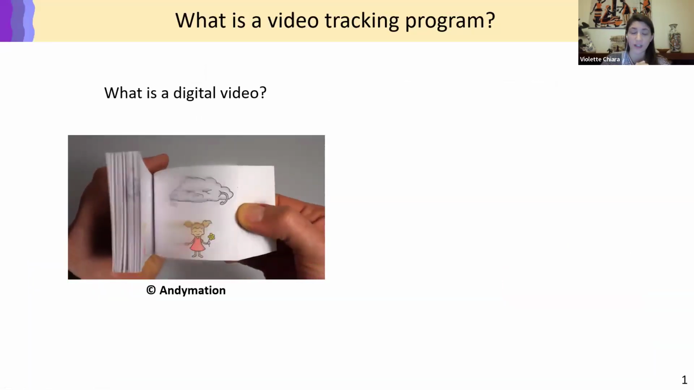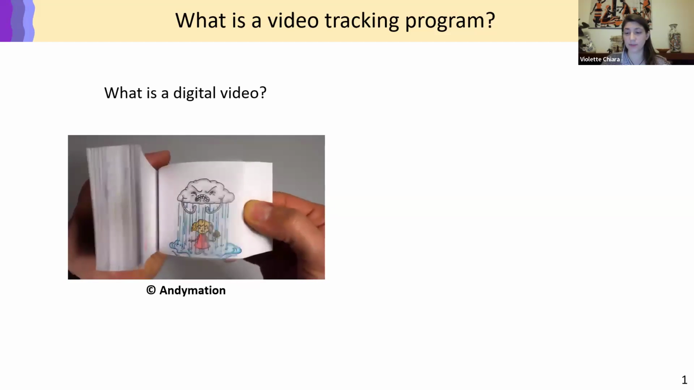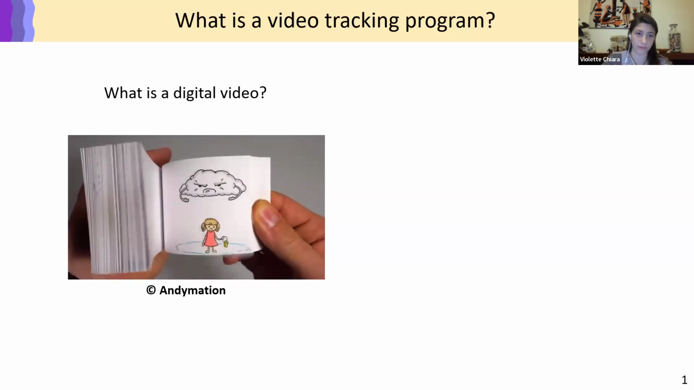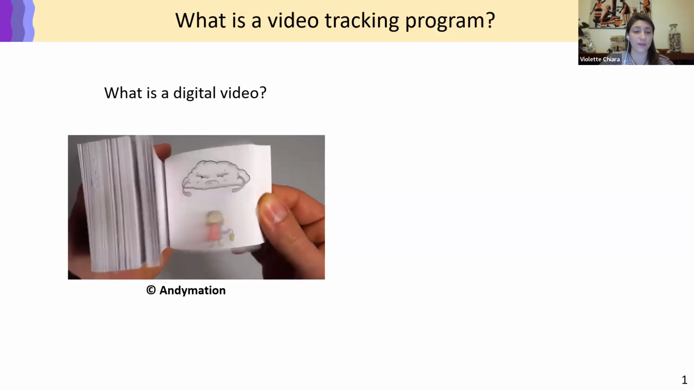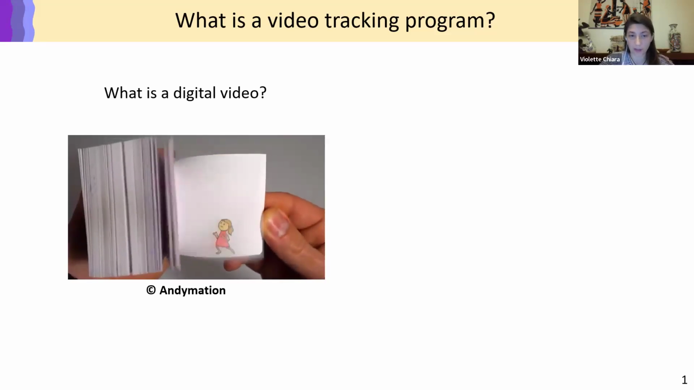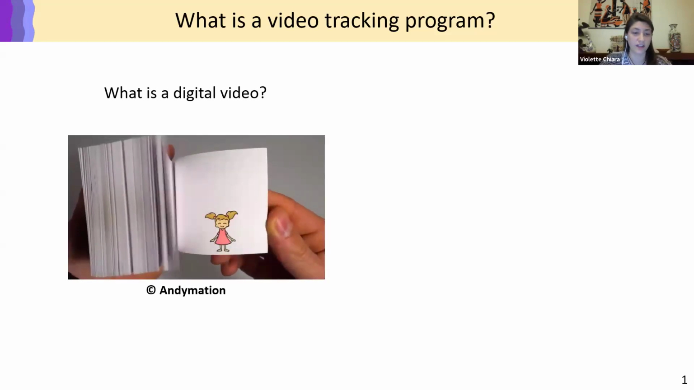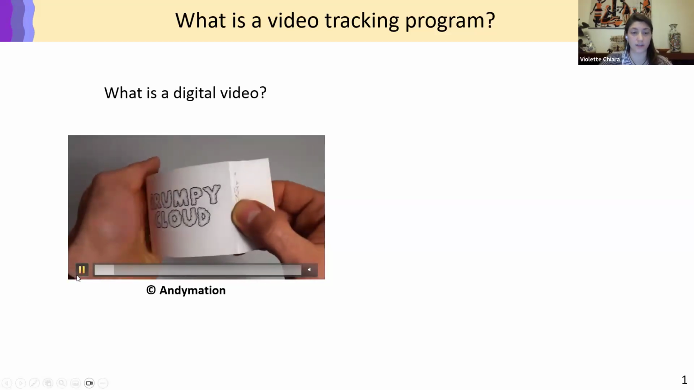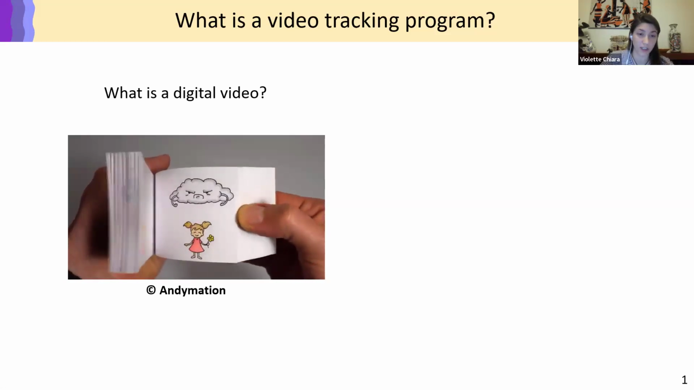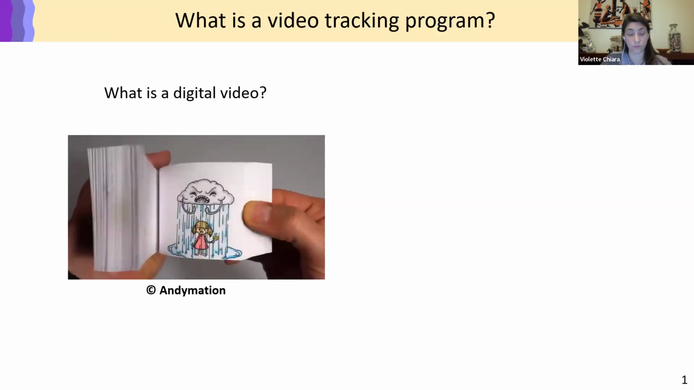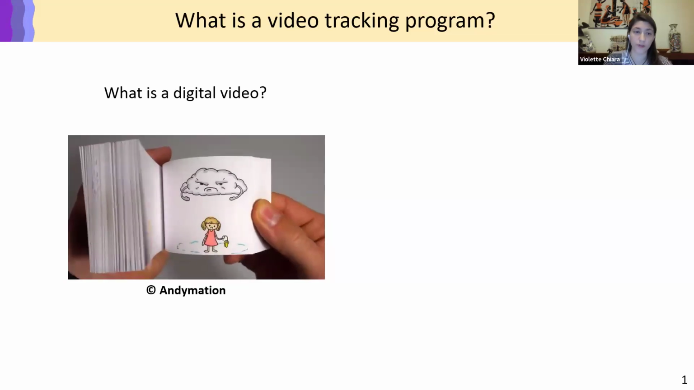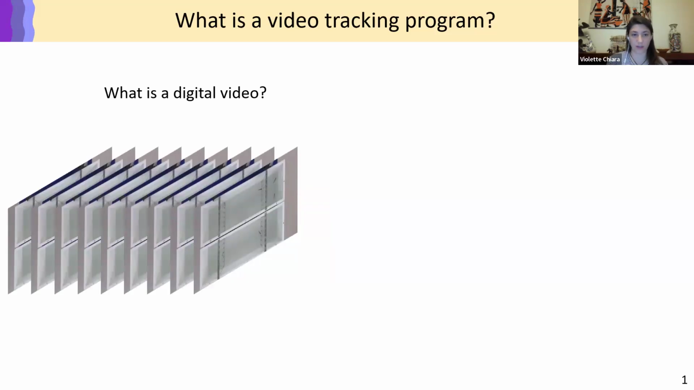So first of all, we are speaking about video tracking, but what is video? What is a video? And more precisely, what is digital video? You probably all know this little flip book that allows you to create a small video based on a succession of small images. Well, this basically is what a video is. Even on your computer, a video is just a combination of a lot of small images,